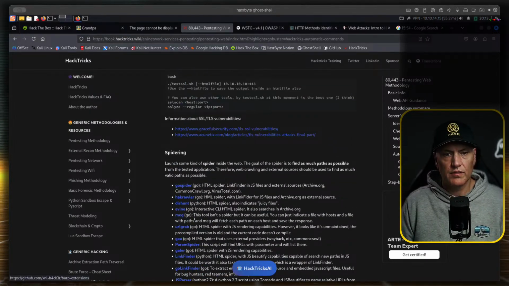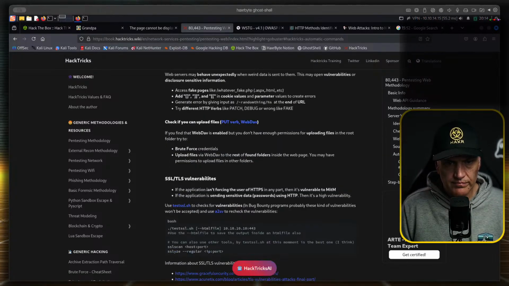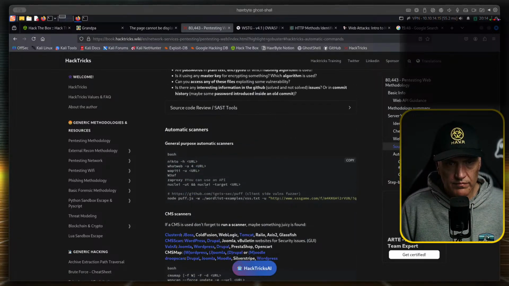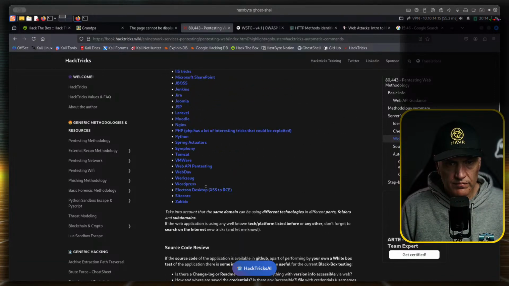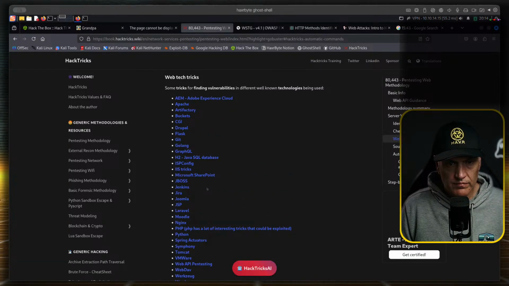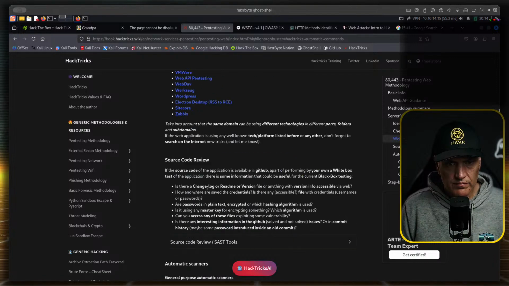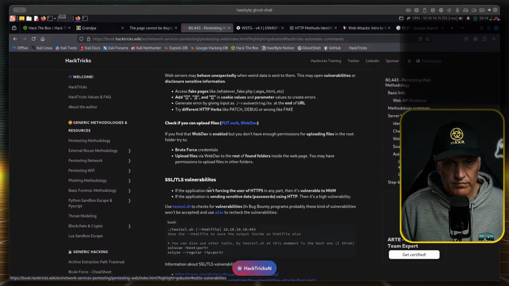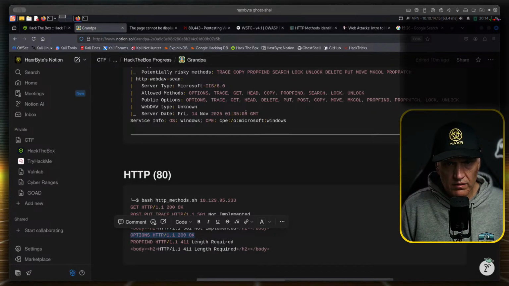Brute force directories or folders, spidering. So check if you can upload files. So PUT and WebDAV. I'm sure I saw PUT there. PUT, yes. So PUT I can do.